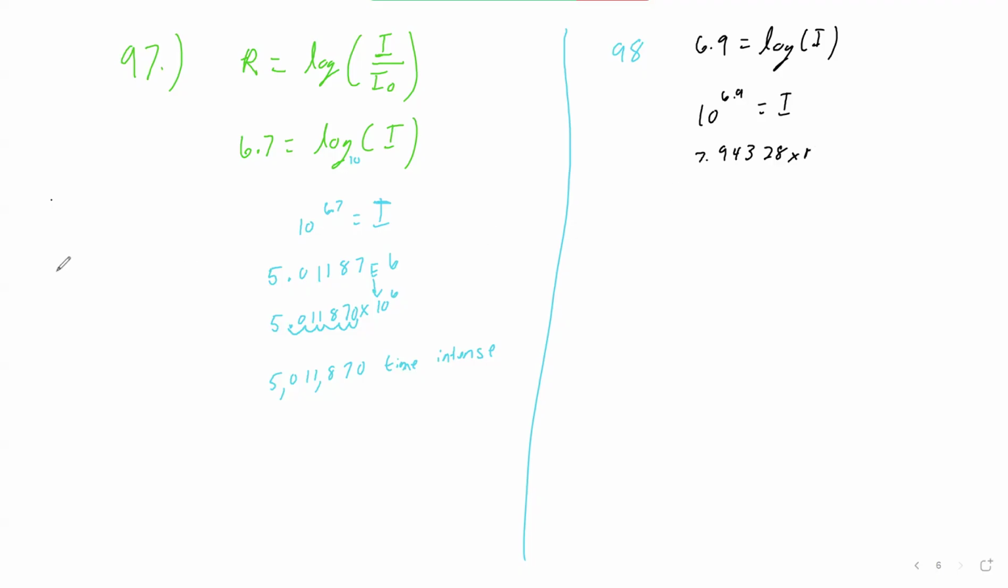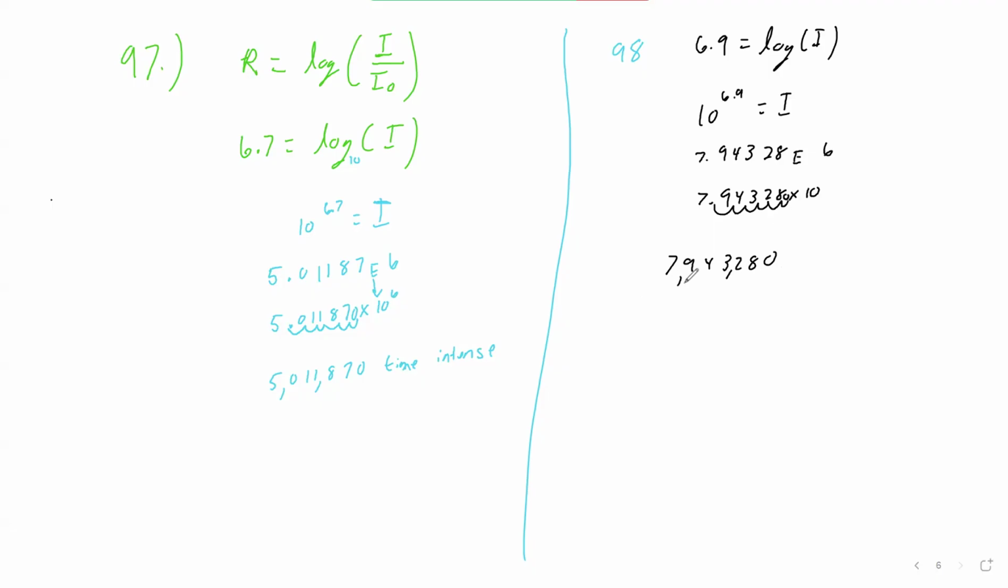Well, it says E, so I'll write it like you see in your calculator. E to the 6. And remember, that just means 7.94328 times 10 to the 6. So that's 1, 2, 3, 4, 5, 6. So that's going to be 7.94328